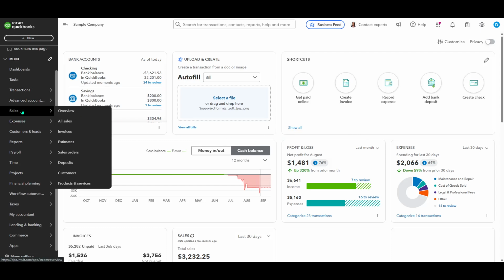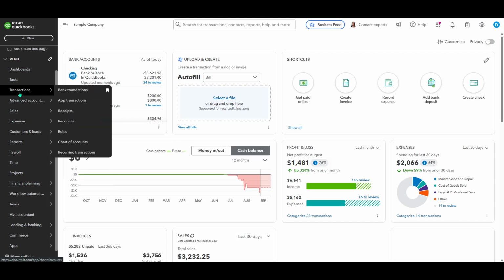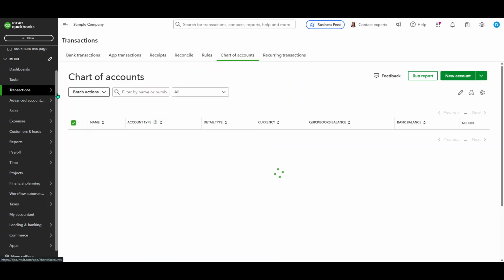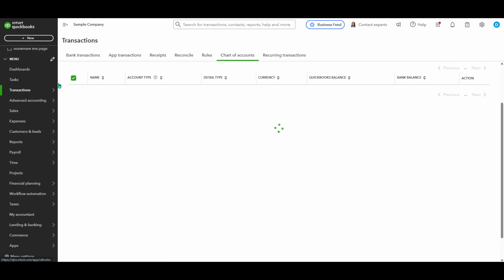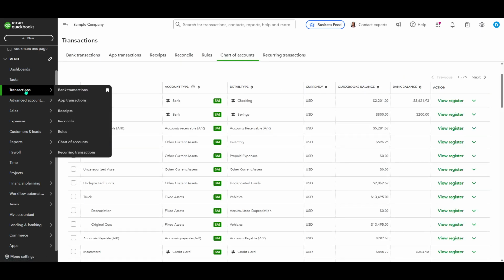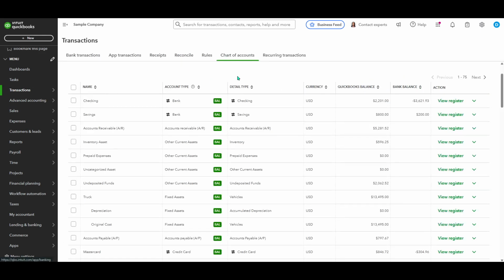First, you'll want to navigate to the Transactions section of your QuickBooks Online dashboard. You can easily find this option on the left panel of your screen. This area is your central hub for managing all the transactions within your account, and it includes everything from bank